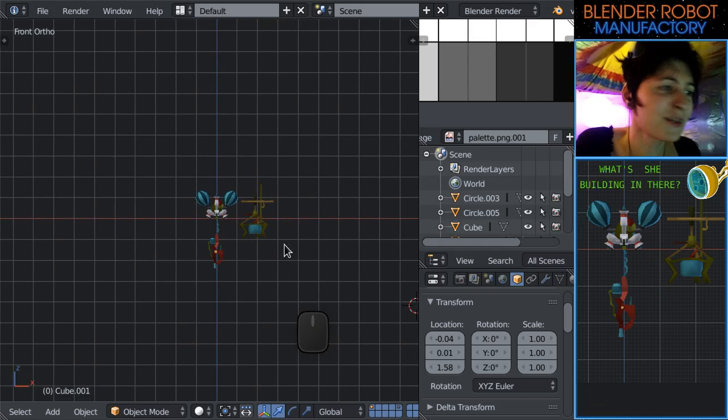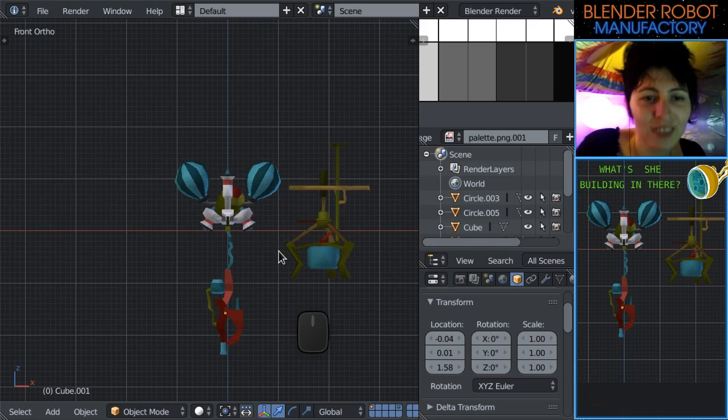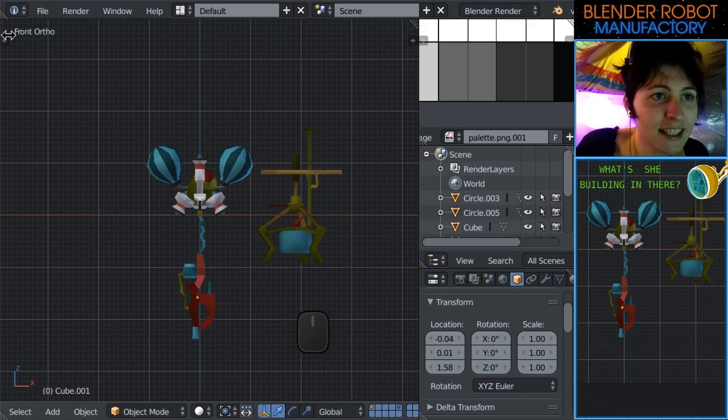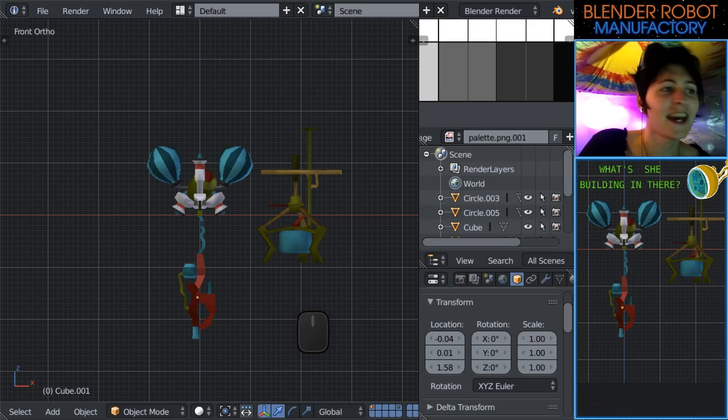So this thing's pretty spindly too, so I think it's going to read as a smaller robot than the player character. So just going to save this, and